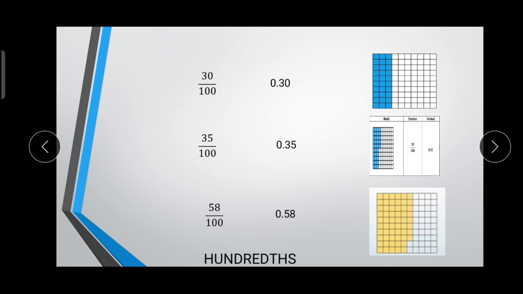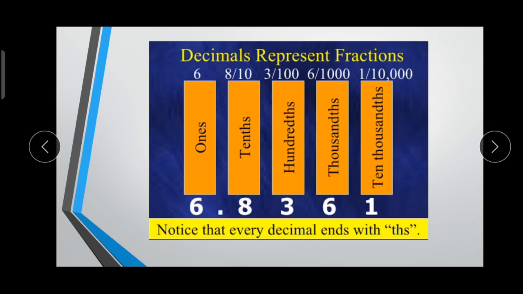Clear, children? Yes. Now let me show you a chart. So this is the decimal chart. We know that the left hand side of the decimal dot will be the whole number. The right hand side of the decimal dot will be the decimal parts. So this 8 can be written as the fraction 8 by 10, so we can say that is tenths. And the next one is hundredths. After the decimal dot, the first number is tenths. After the decimal dot, the second number is hundredths.